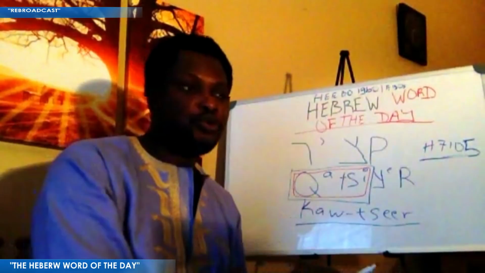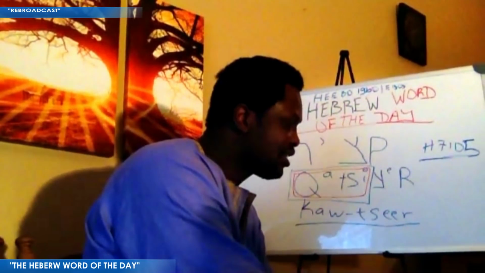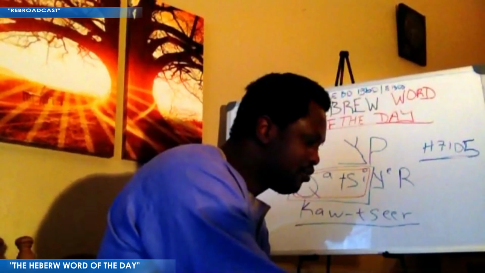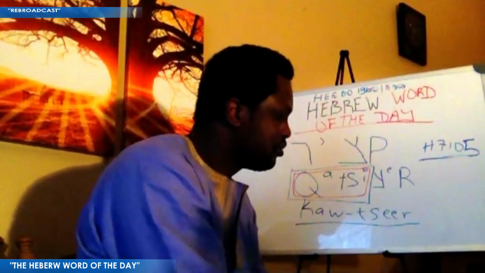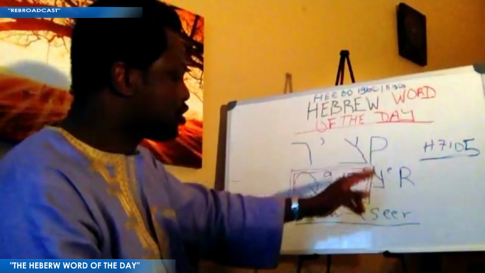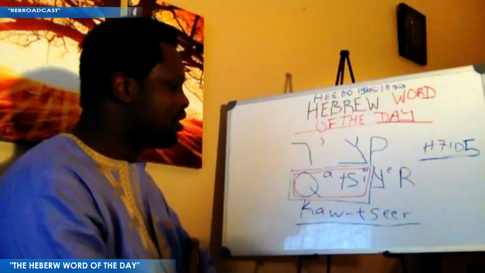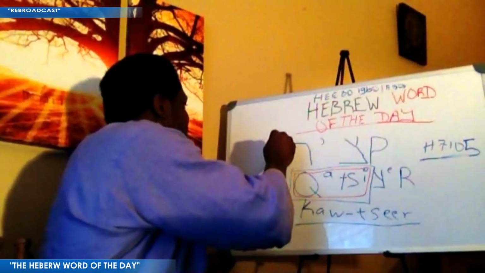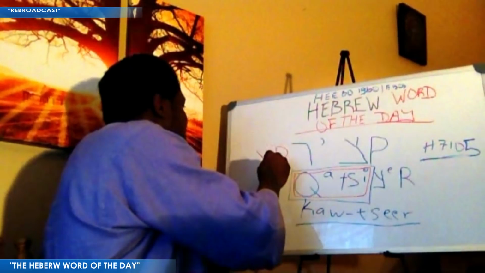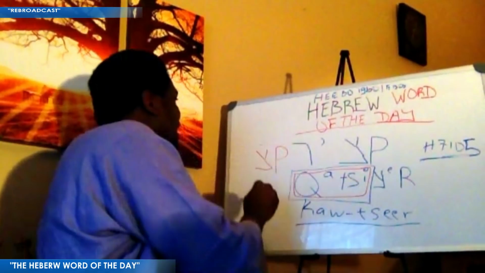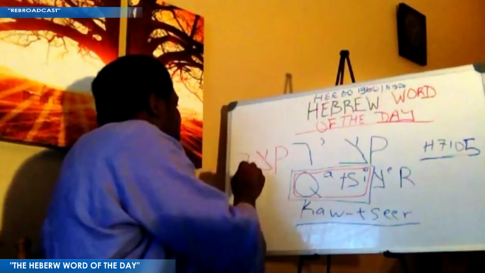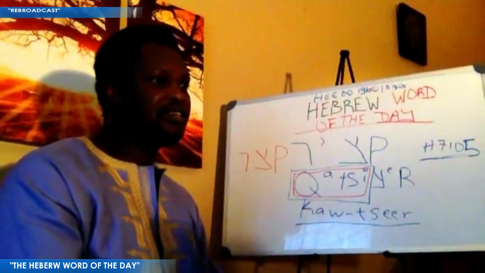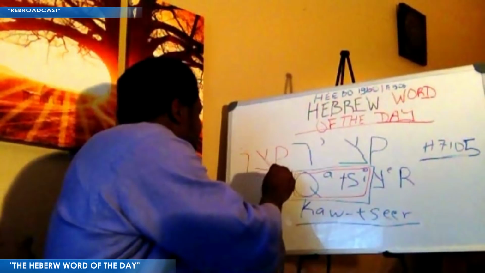But I'm going to go to the root where it comes from. That's 7114. 7114 is actually spelled exactly the same way. The only difference is that it does not have the yod there. This is the difference in how it's spelled. This is the kuf, and then this is the zayin, and then you have the reish. This right here is kwashir or kwashiero, which, again, the root right here is kwashi.